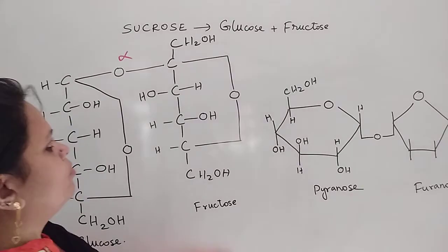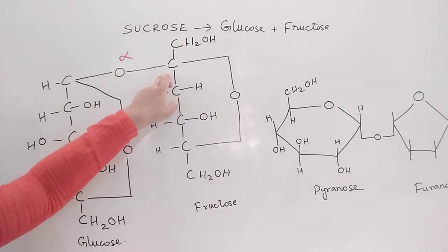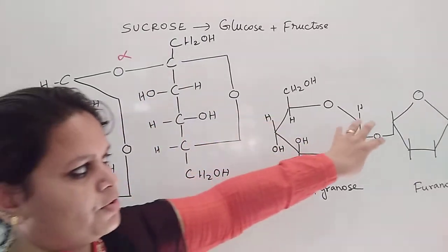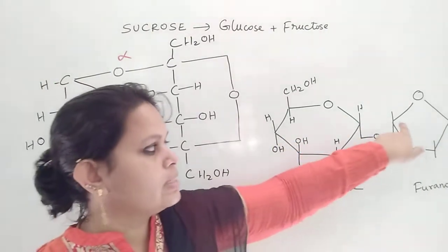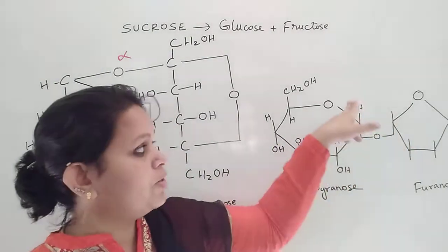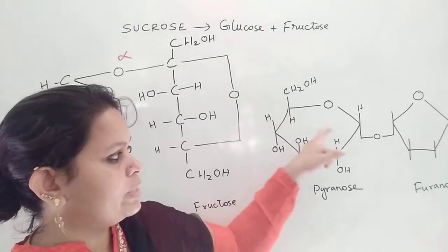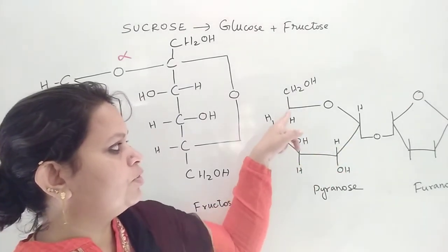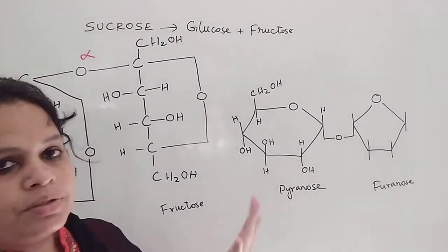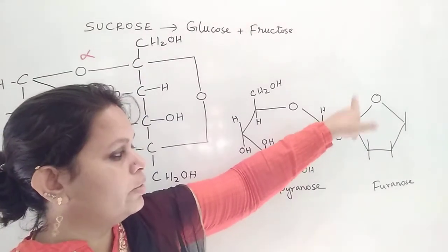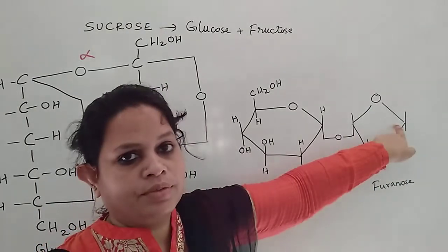Now here the bond is between the first carbon atom of the glucose and the second carbon atom of the fructose. Here we have drawn it in this way, meaning this is the first carbon atom of the glucose and this has to be the second carbon atom. Usually we number in this way, that is anti-clockwise, 1 dash, 1, 2, 3, 4, 5 and 6. Only in the case of fructose we are going to draw it in this way, numbered from here, 1, 2, 3, 4, 5 and 6.